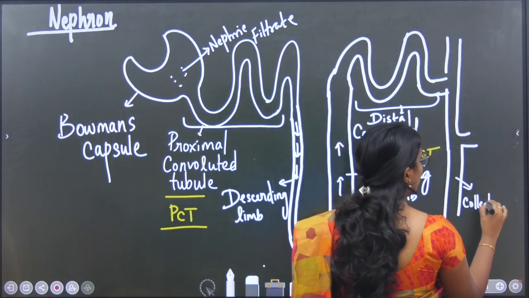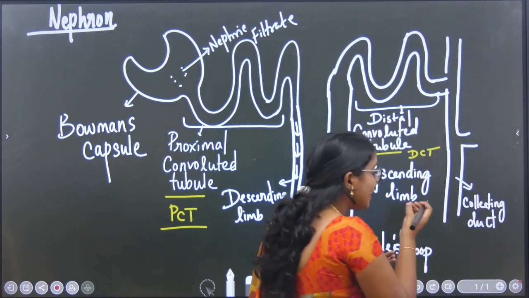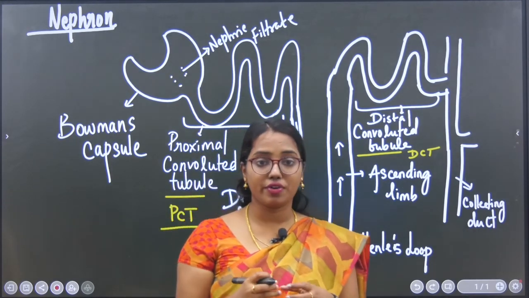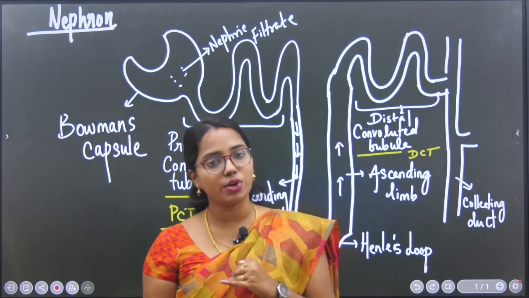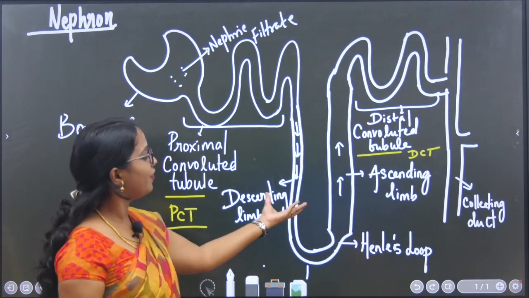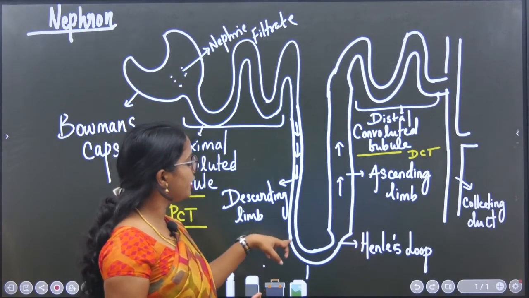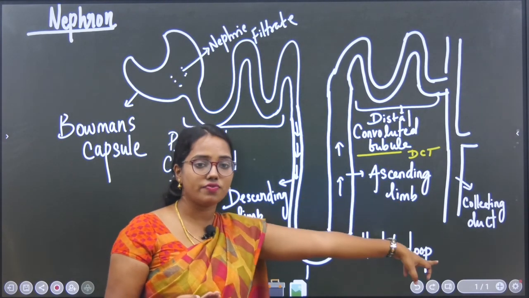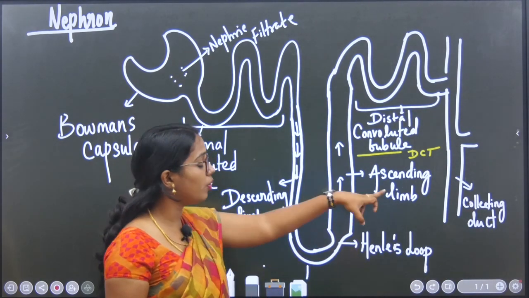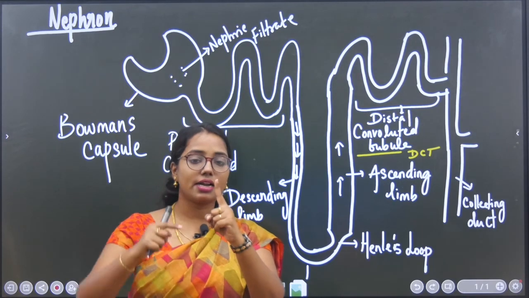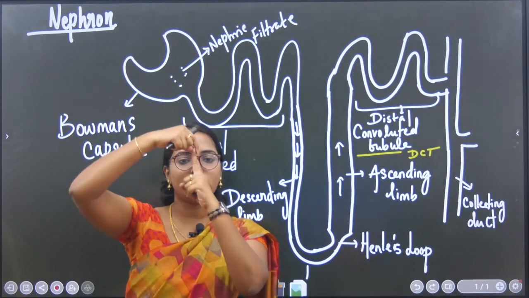What is the structure? Collecting duct. This collecting duct is the final structure of a nephron which collects all the nephric filtrate, which is once again called urine, right? So, the function of the nephron is to make the concentrated urine. The nephric filtrate will be taken by all these parts of the tubule, and finally it will be poured into a collecting duct. The important information to note down here is that into one collecting duct, many nephrons will pour their nephric filtrate. So that's why it is called the collecting duct.